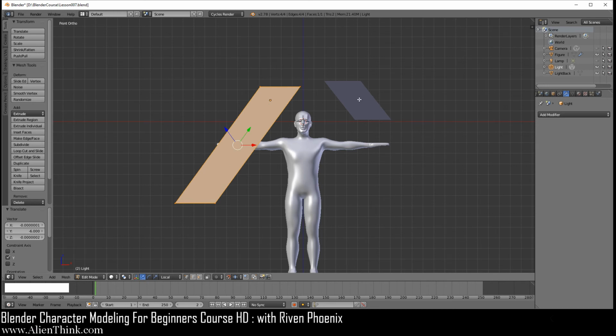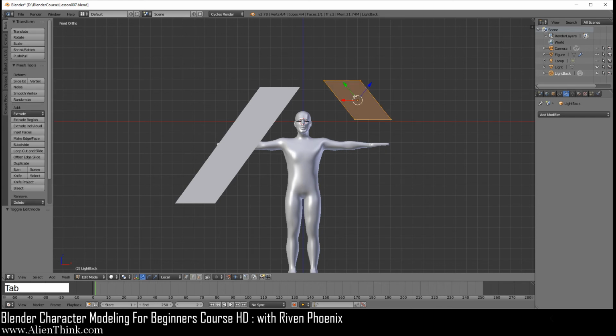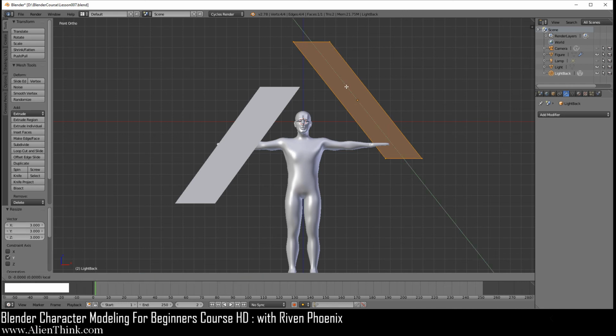Okay, so we can do the same thing. Just do Tab and do the same thing on this. Right click this one, do Tab, and we're going to scale this on the Y axis. Press the S key, press Y 2 times, and scale up to about 20. Doesn't have to be that exact. Right? And now just move it down so it just matches basically this guy over here.